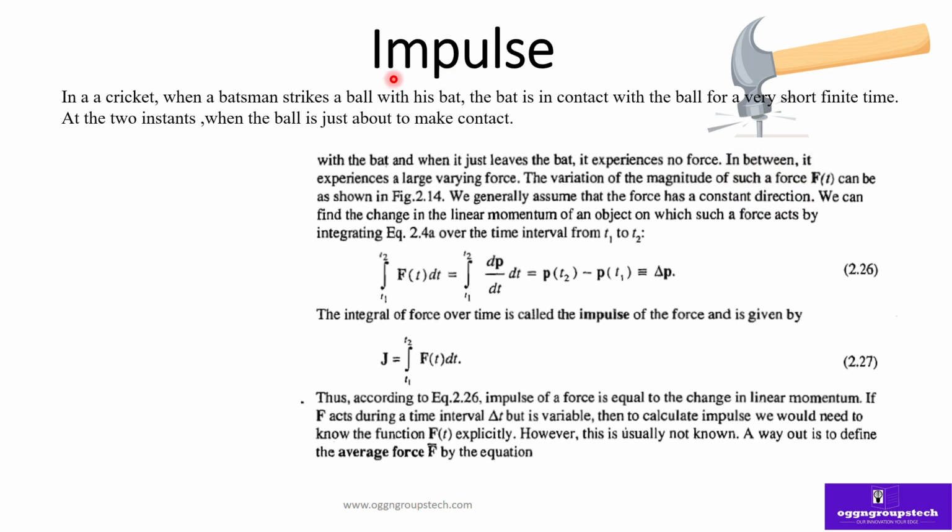सो हमारे इस बुक में क्या एग्जांपल दिया हुआ है कि एक क्रिकेट बैट्समैन है, जब वो बॉल को हिट करता है तो बॉल को जो हिट करता है वो टाइम बहुत कम होता है, ठीक है। The time applied on the force, the velocity applied on the ball and the time for which it hits the bat, that is very small compared to the change in velocity as it has experienced, ठीक है।